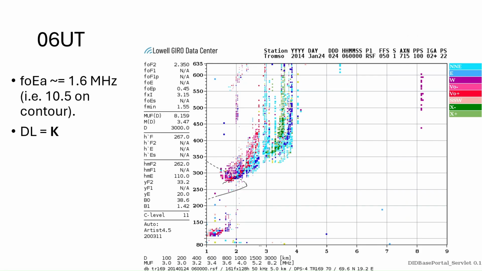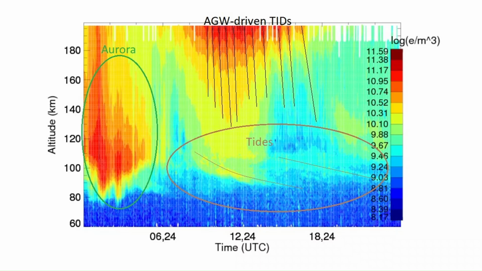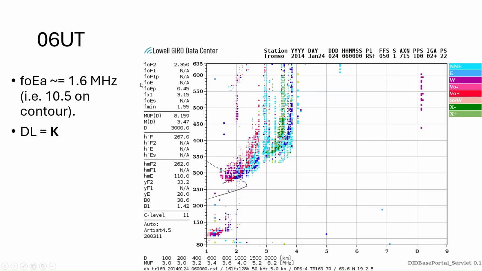Right, so we can move on to about 6UT. Now we do have a little bit of F region up here that we can actually start to discern. We're almost completely out of the sporadic E. We do have quite a bit of a valley between the auroral precipitation and the F region, and so we're seeing